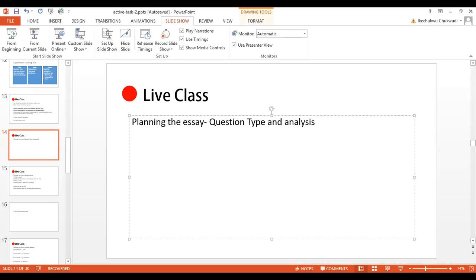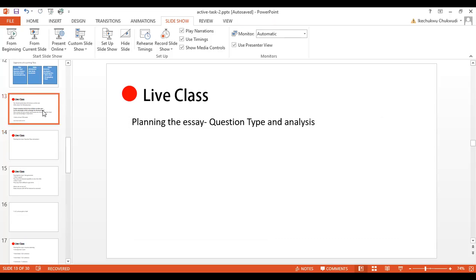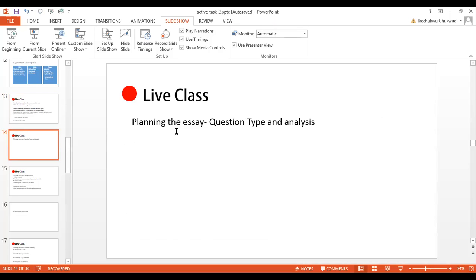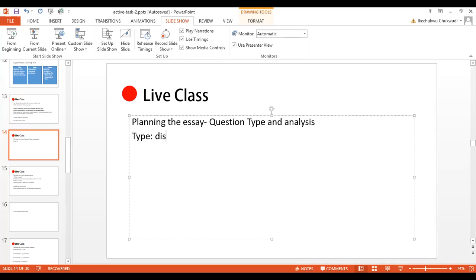And the essay said, many people, let's look at it again. Many people nowadays tend to have children at older ages. Do the advantages of this outweigh the disadvantages? So I'll just go on to tell you that this is a discussion essay. I've said this earlier. All right. So the type of question it is: type, discussion essay